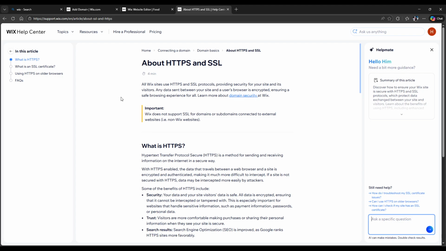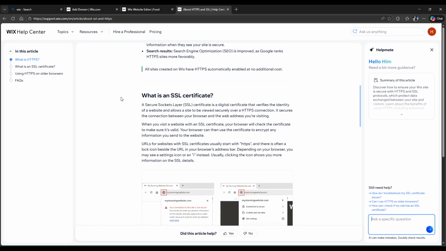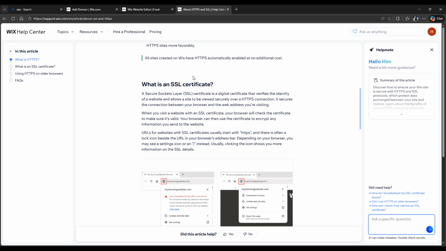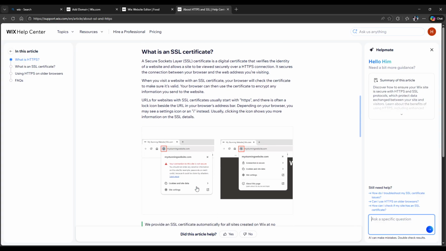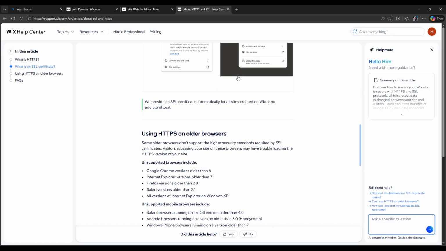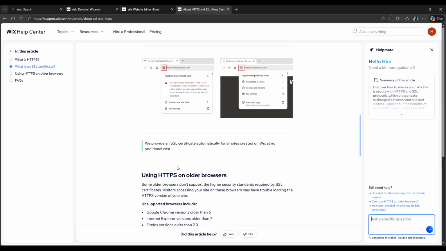If you need any help with this, you can send them a message, screenshots or whatever. They're going to tell you first what an SSL certificate is. It's a secure sockets layer, we all know that. So basically everything is looking good, using HTTPS on every browser automatically for all sites created at no additional cost. So that's it. Actually Wix provides us with an SSL certificate automatically for all websites created on Wix at